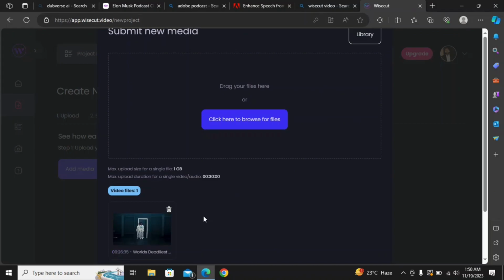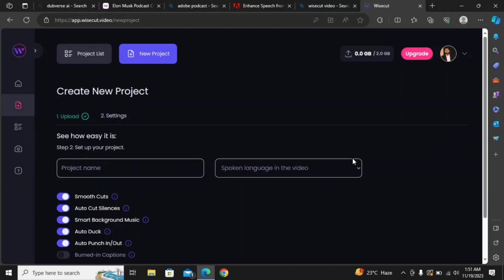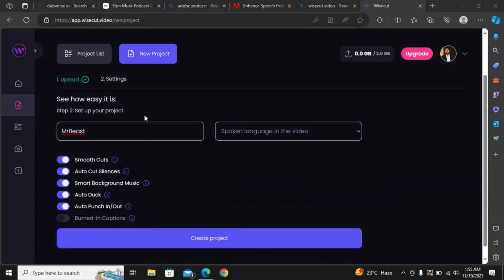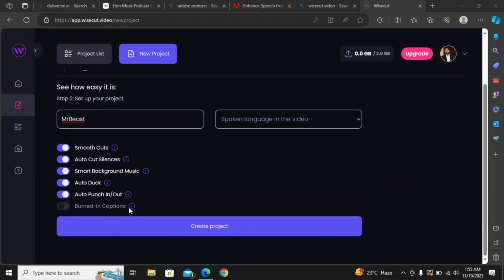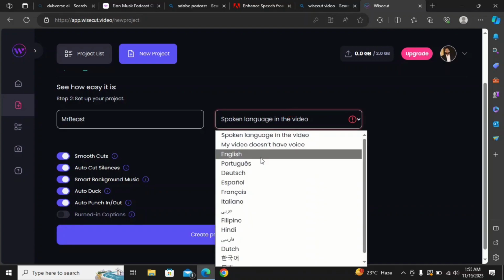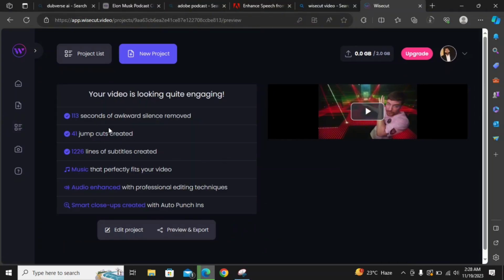After selecting the video, just click on upload files and it will take few seconds to upload your video. And here you just need to name your project. And below is all the functions that this tool is going to do for your video, and just you need to select your language here. My video language is English. Just click on English and create project, and you can see your video is ready,